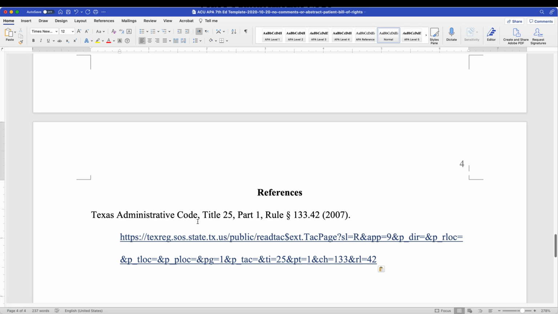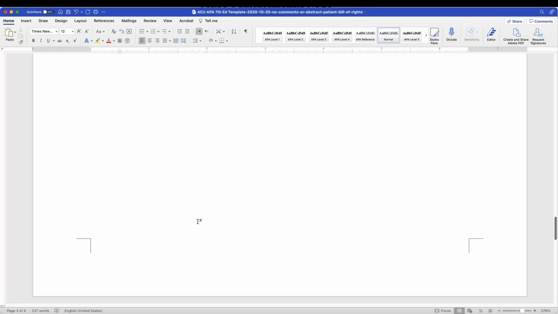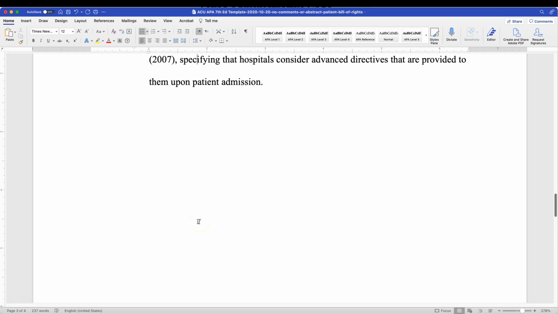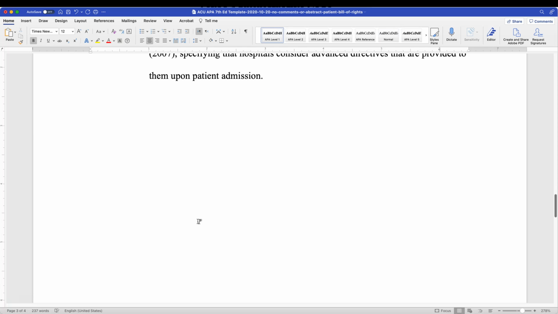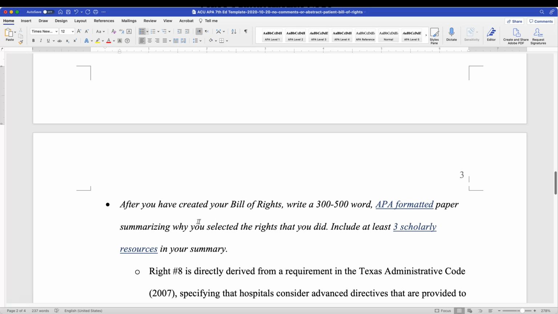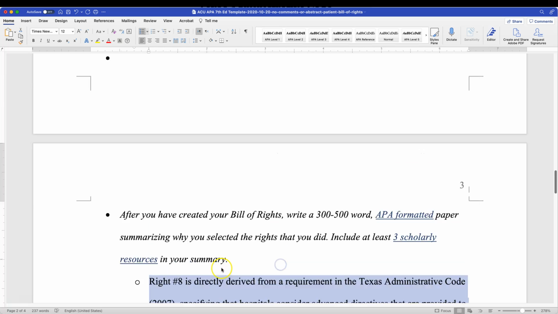Can I be more specific about citing that specific language? Yes. Is it required? No. Just citing this specific rule is enough, because there's a lot of stuff in that rule. And given the length, only 300 to 500 words, you're probably not going to be doing much with quotations. That would eat up your space fairly quickly. So if you are numbering them